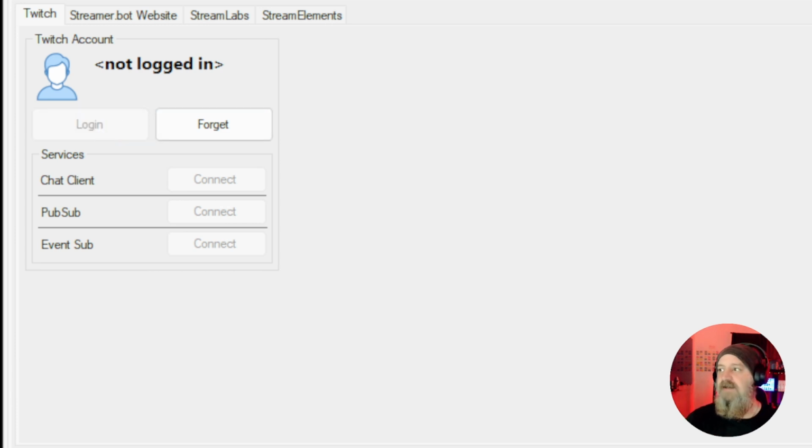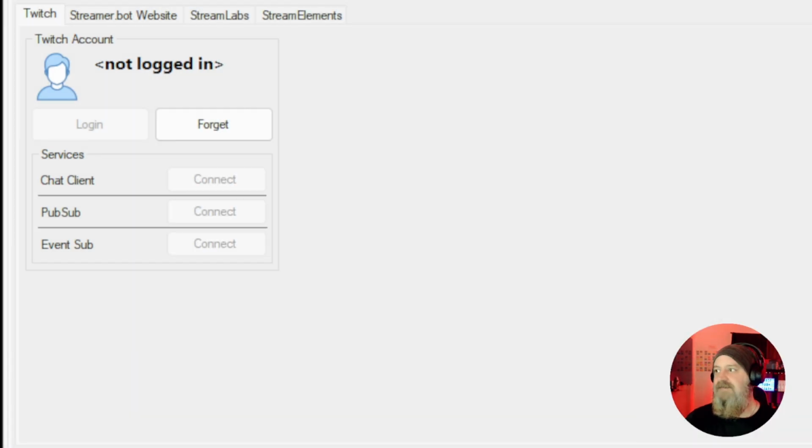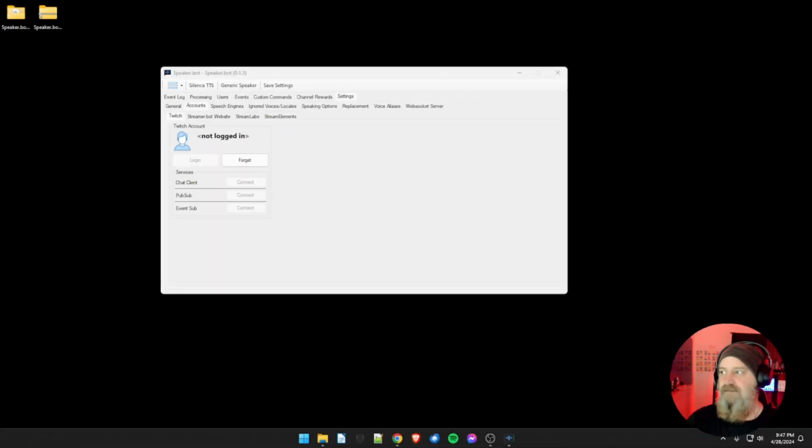It's going to bring up the authorization page. You've all seen this before. You know, it looks like this, right? Okay. And then if we go in and let me just zoom out again, you'll see that it automatically just pops in and then connects to the chat client, the pub sub, and the event sub. All right. So now that we have that taken care of, we're going to go and connect to